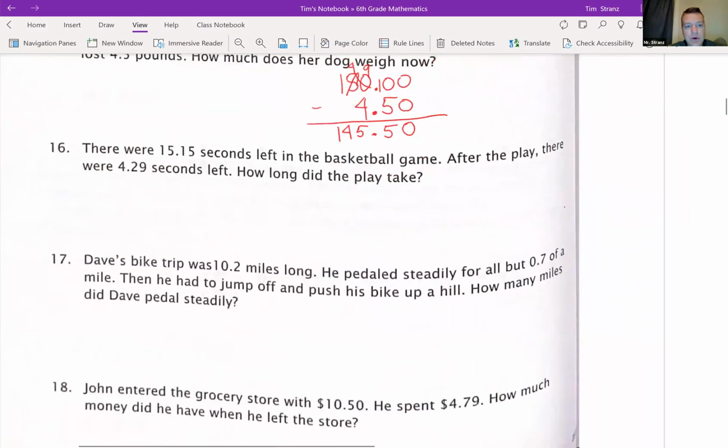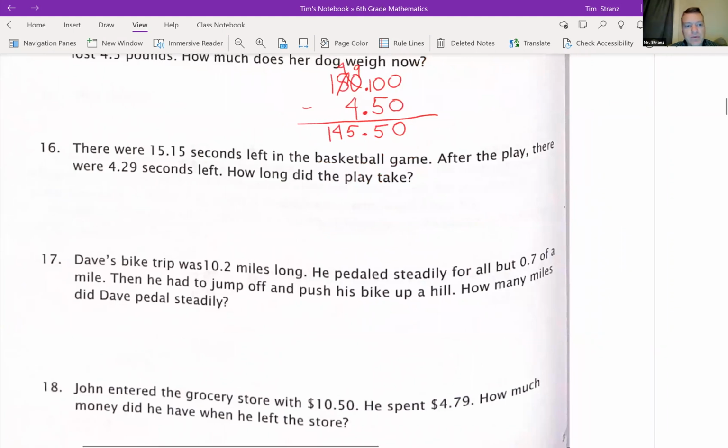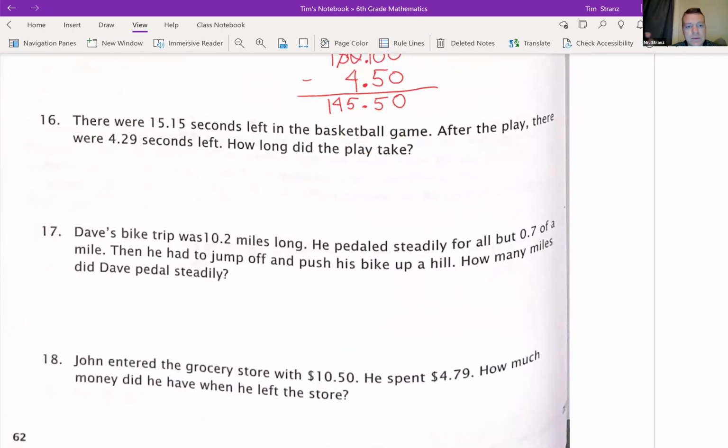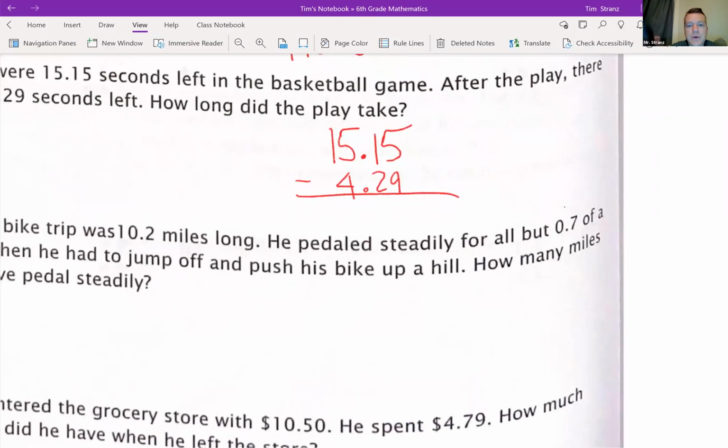Okay, 16, there were 15.15 seconds left in the game. After the play, there were 4.29 seconds. How long did the play take? 15.15 seconds. Now there's 4.29 left. Let's see how long that play took. Okay, I'm going to have to